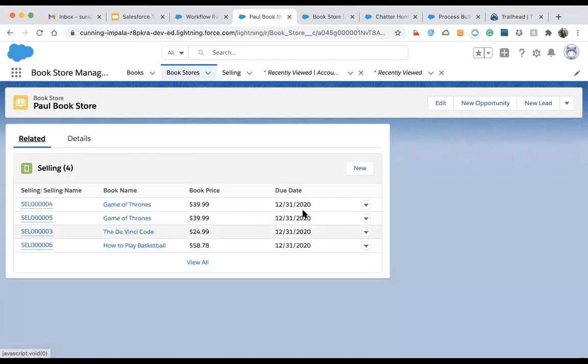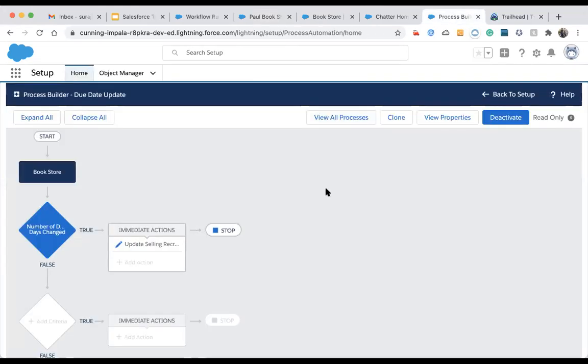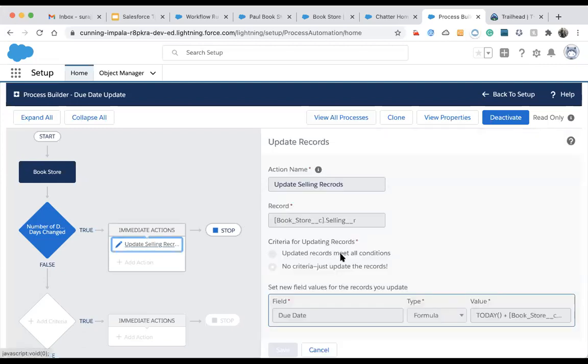We can also add a condition that if it is already paid, then don't update that due date. That's a different thing. Right now we are just discussing whether it is possible to update the child records or not. So yes, process builders help to update the child records, meaning all the related records. It can update the child records, and it can update the parent records too. Whatever records are related to the current record in that process builder, we are able to make changes.